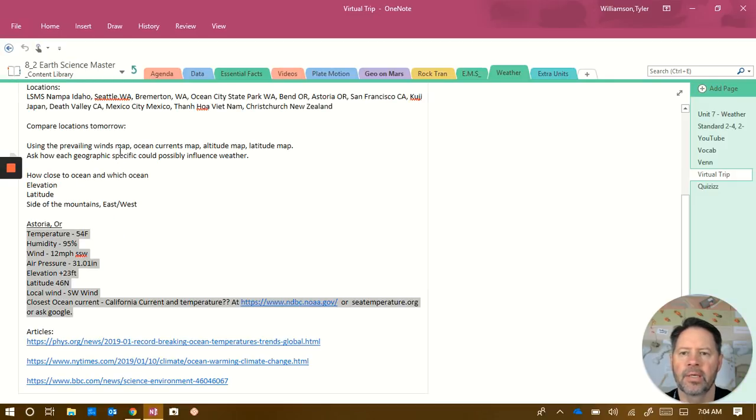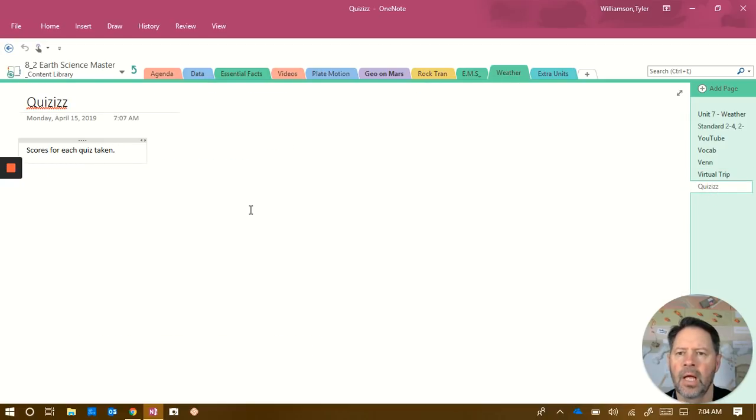So if I go back to my Earth Science Master, your content library should have all of these sections up top, especially the weather one. And over on the right from our quizzes yesterday, I thought we did a great job. Each period averaged about 58% on the quiz the first time. Second time, the average was about 80%, so showing growth. And in that third attempt, I had you aim for 90%, and most of the classes got between 88 and 92% in terms of showing me growth on the heat transfer